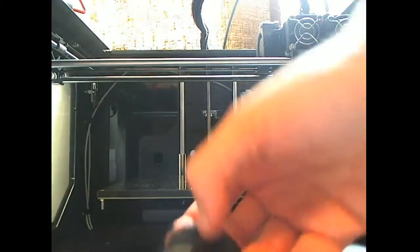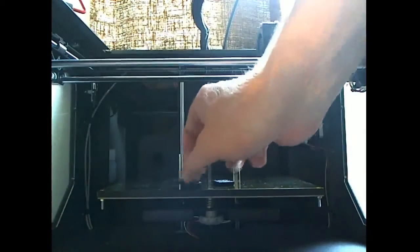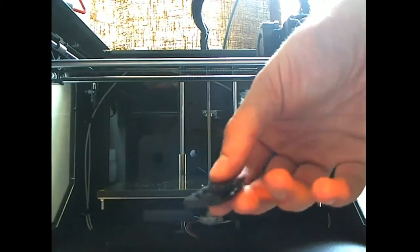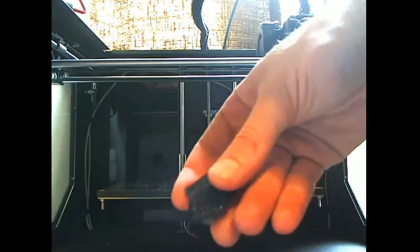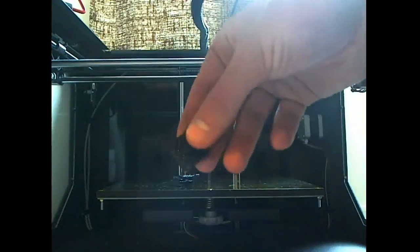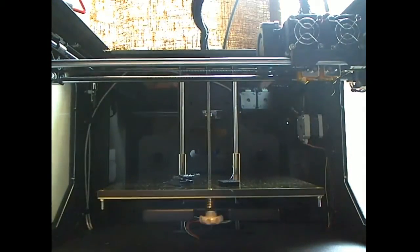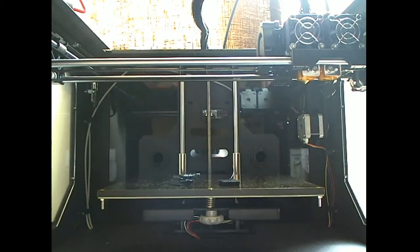Here's some of the crap that I tried printing so far. So you can see, this one right here, this was the start of a cube. But what happened is I didn't have the bed leveled correctly, so every time the extruder head made a cross across it, it would move it on the plate, and that's why it looks like it's been moved a bunch of times. And then this one, this was after I got it leveled, so it was working fine, and I just didn't need to print the entire cube. I had already known that it had been working. I also, I don't know where I put it, but I also tried printing,